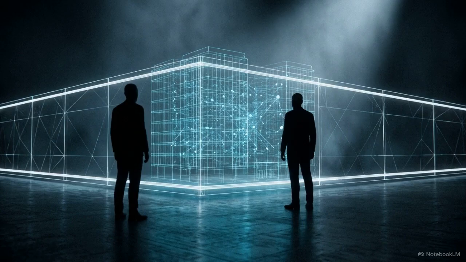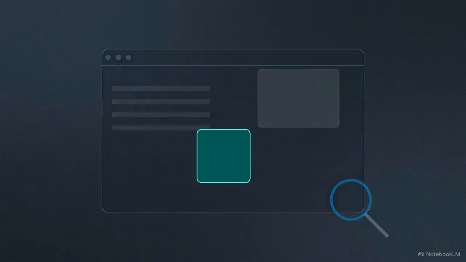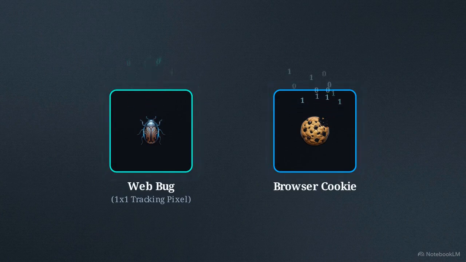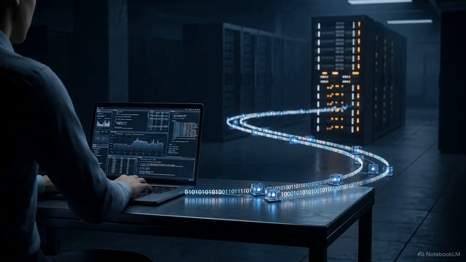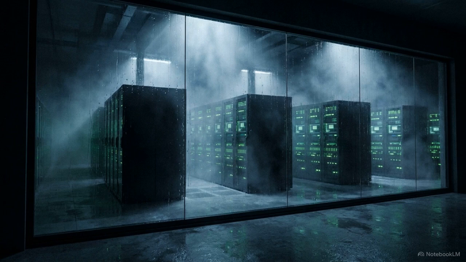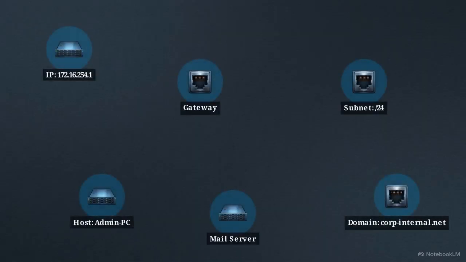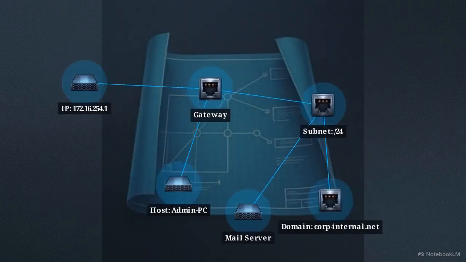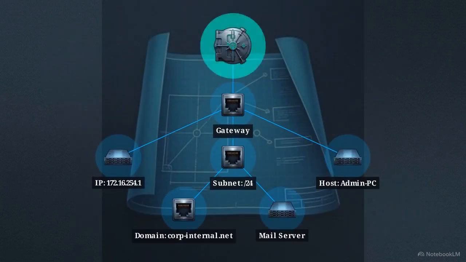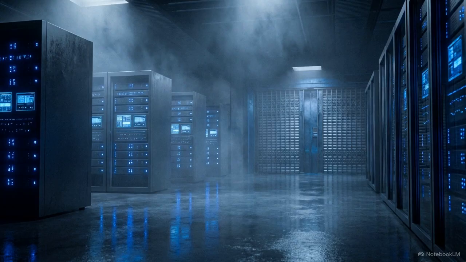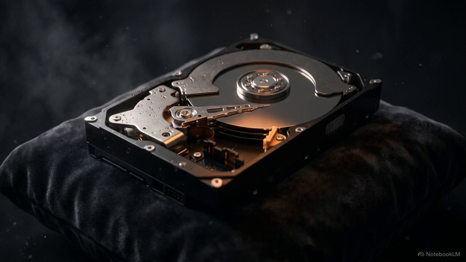Security testers and attackers scan the perimeter for information that is legally lying in plain sight. They look for one-by-one pixel tracking web bugs and browser cookies. These tiny tools harvest an employee's browsing habits and system data, all without ever touching the company's internal servers. By connecting these disconnected fragments, an attacker locates the organization's digital front door and maps out the exact security systems guarding it. Long before a firewall is actively tested or a server is breached, an organization is already bleeding the